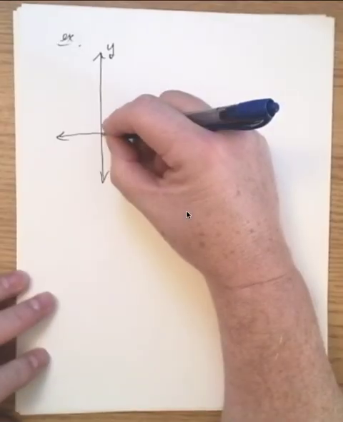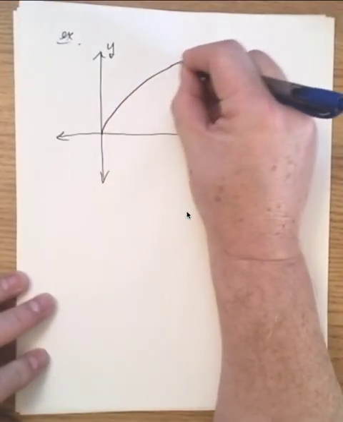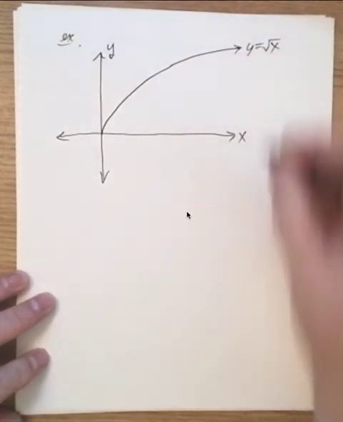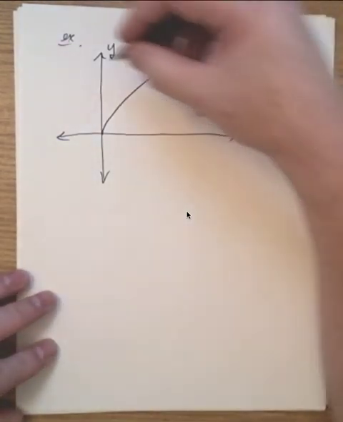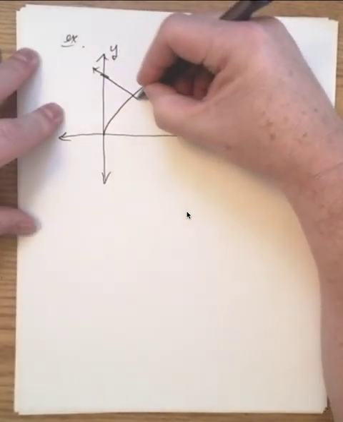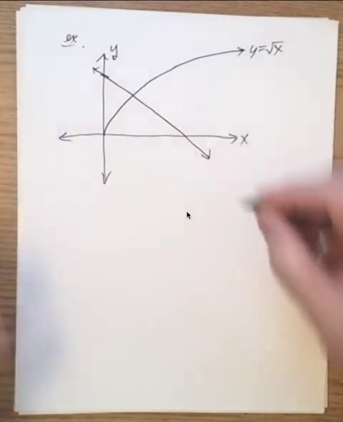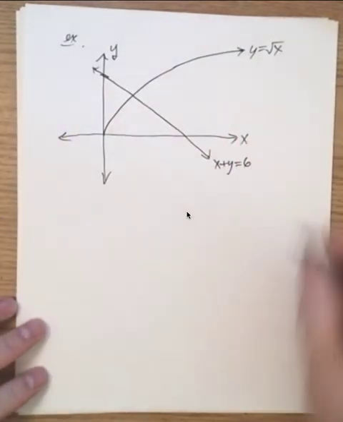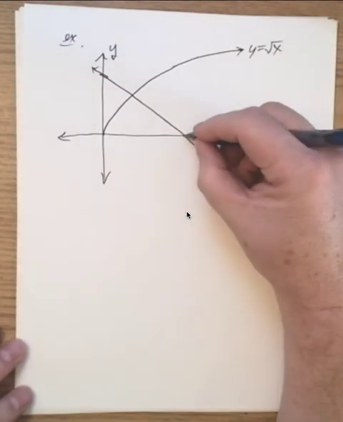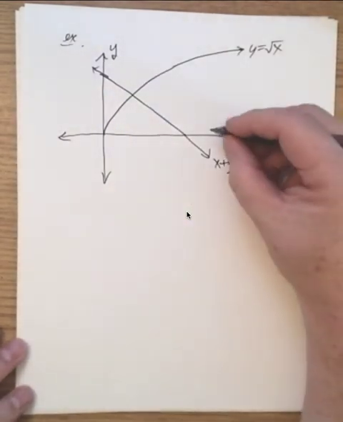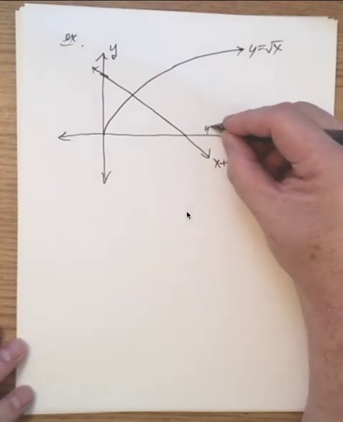I've got y is equal to the square root of x. We all know that's a tipped over parabola. I'll label that. And then I've got another line here coming through: x plus y equals 6. And then once again, I'm going to have another boundary here being the x-axis,